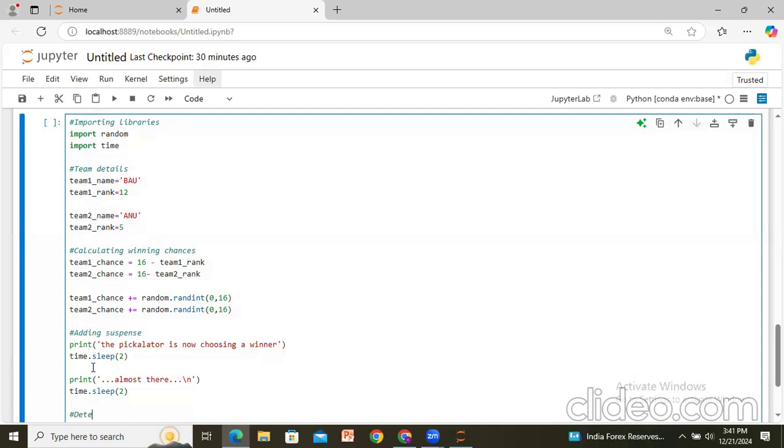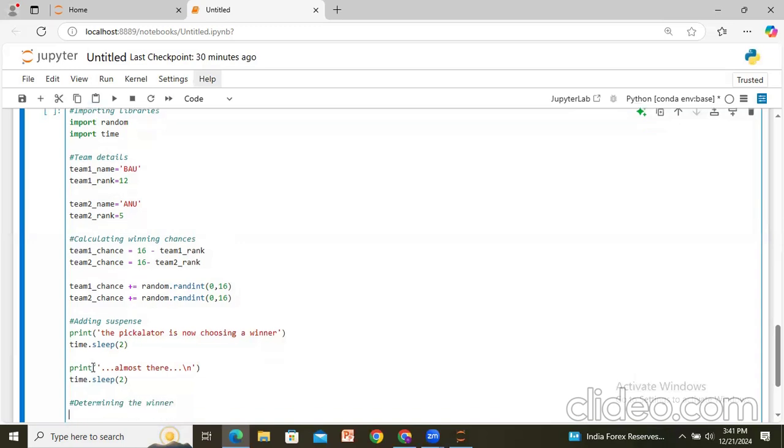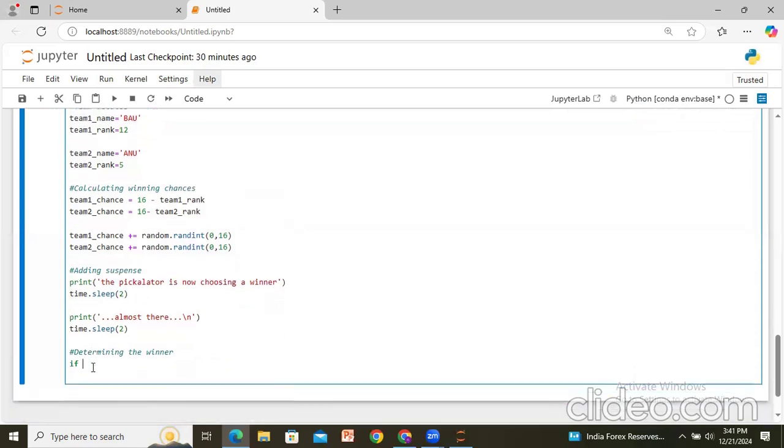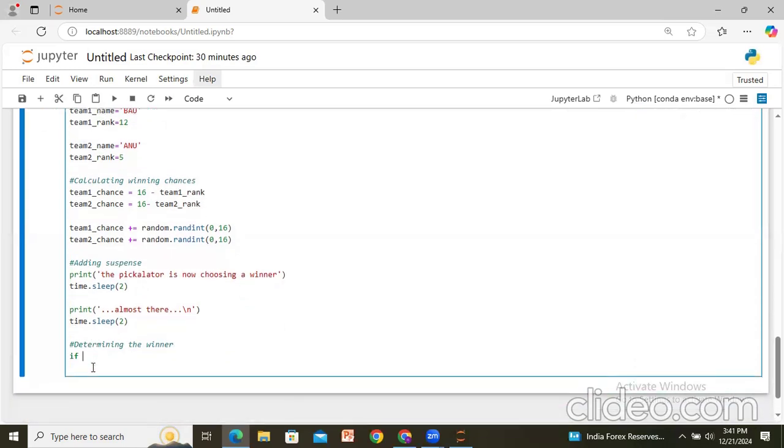Next, look into determining the winner. So, if team 1 chance is greater than or equal to team 2 chance, then